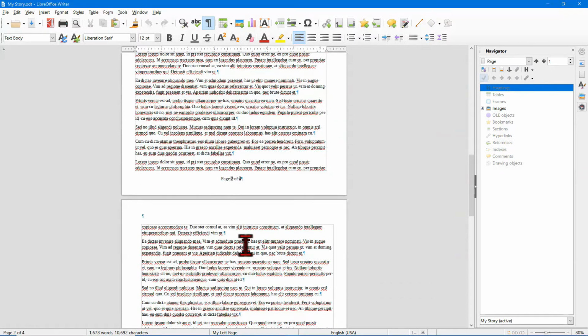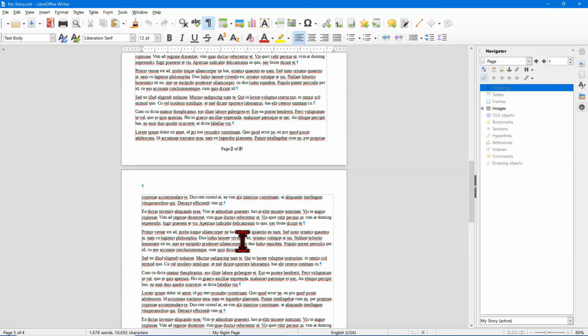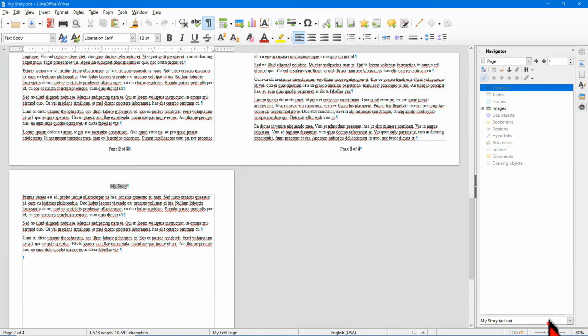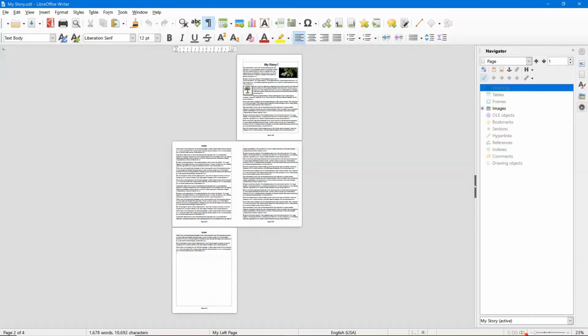Similarly, if I continue down to page 3, the page style is again My Right Page. So this document has page styles that are set up for two-sided printing. If you look carefully, you'll see that the margin on My Right Page is wider on one side than the other, and on the left page it's the opposite. Let me show you how that looks when I go here and select, instead of the single page view, I'm going to select the book view, and then I'm going to use the zoom slider to zoom way out,